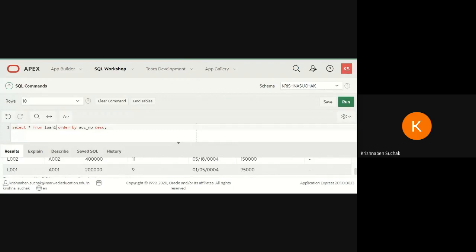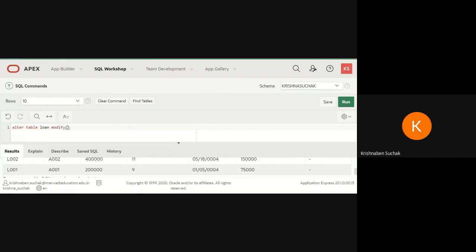So our next query is increase the size from 5 to 7 of column account number. So what I need to do here is increase the size. That is, alter table loan modify.